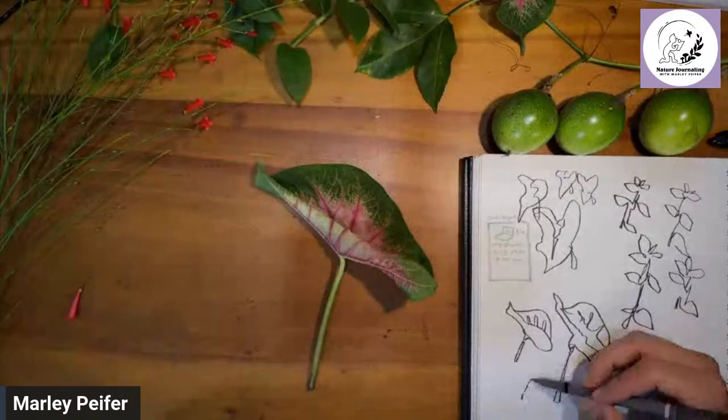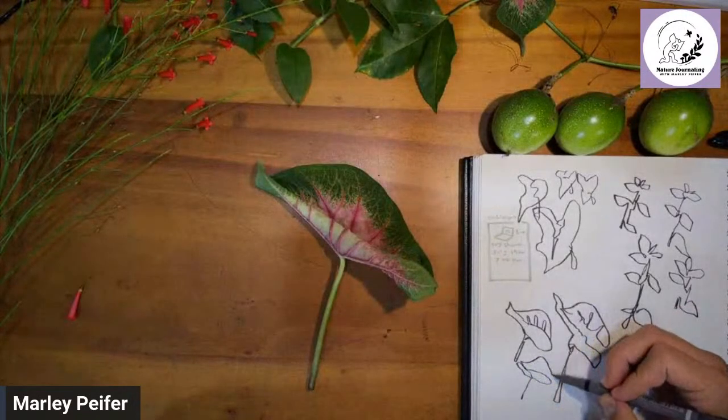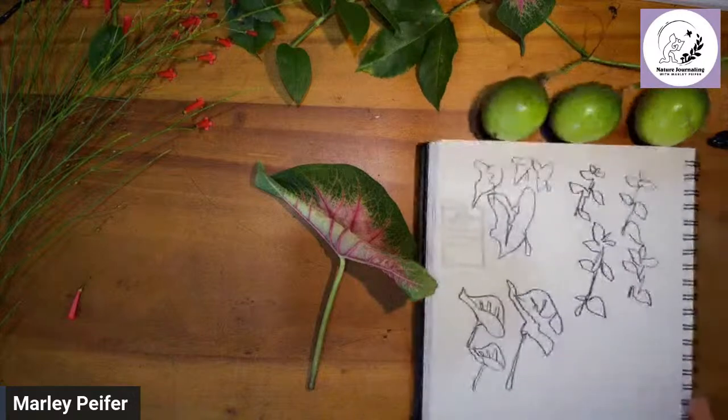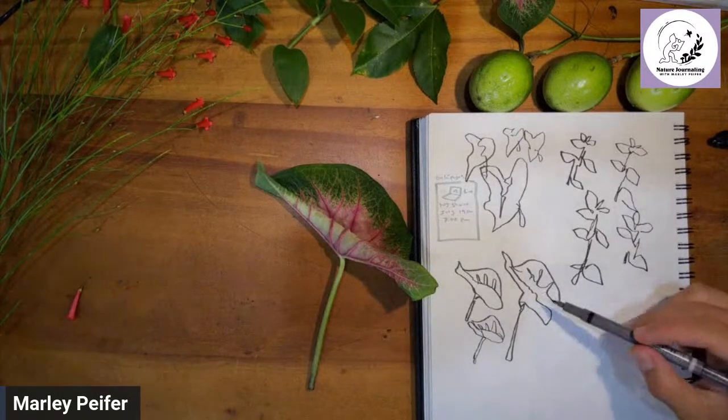So try to get in some blind contour drawings of this one in this particular position. I think it's a really cool position. Maybe we'll get to play with the colors on this one at a certain point too. So right now we're just doing blind contour drawing, just getting warmed up. And I think feeling